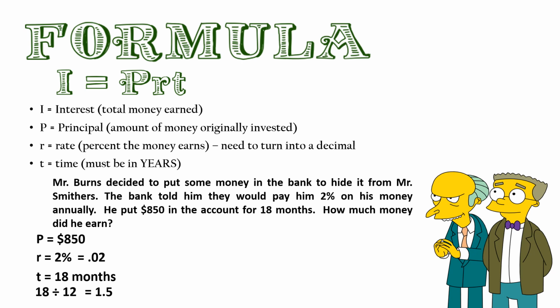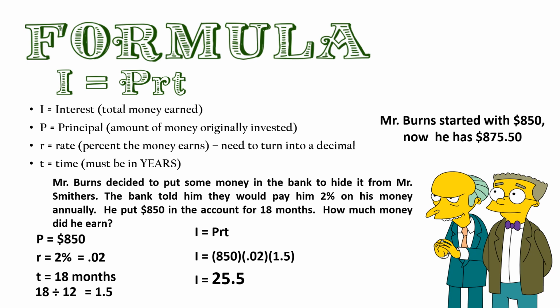Now we're just going to take those numbers and plug them into our formula, I equals PRT. So we knew all of those values, we simply plugged them in. Now using a calculator or multiplying them out with a pen and paper, if you multiply 850 by 200ths by 1.5, you're going to get a total of 25.5. So that means he earned